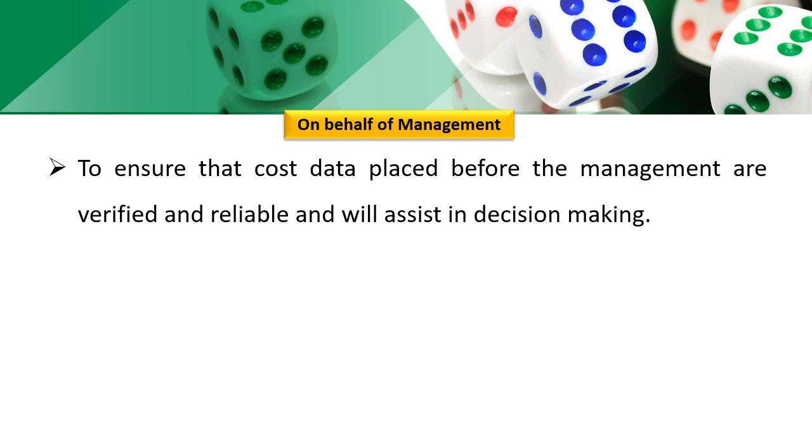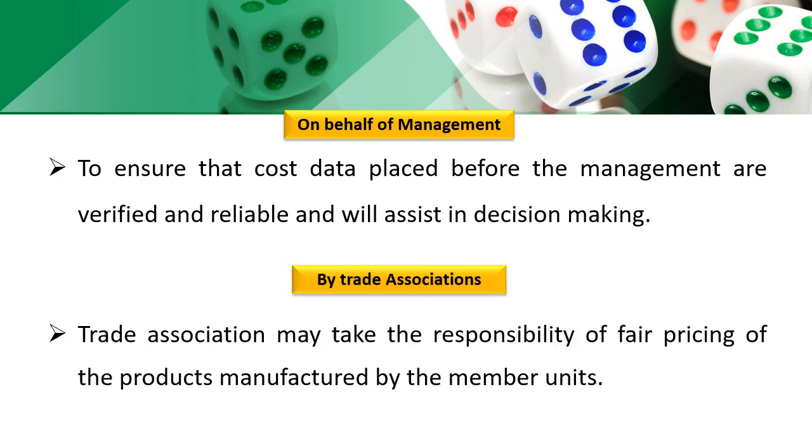So it helps the management for their better decision making. Then some cost audit is ordered by trade associations also. Trade association may take the responsibility of fair pricing of products manufactured by the member units. Trade associations are the most major part of any industrial concern, and if they take the responsibility of